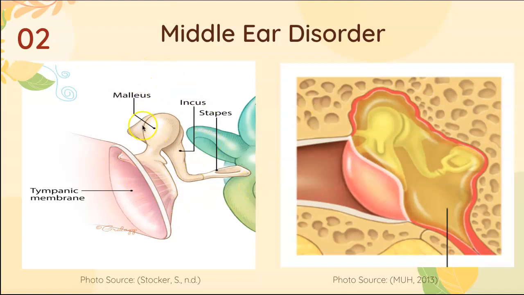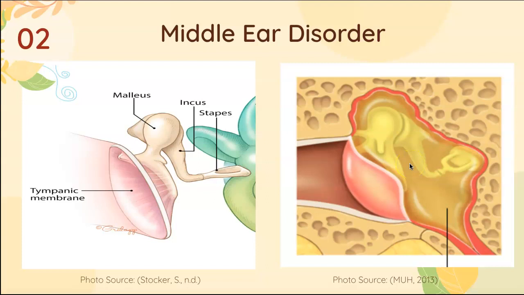So all this section right here, as you can see, there's just fluid. So all this right here is fluid. You can see it through the tympanic membrane through an otoscopy procedure. The treatment method for a serous effusion can range, usually from antibiotics that can clear the fluid to